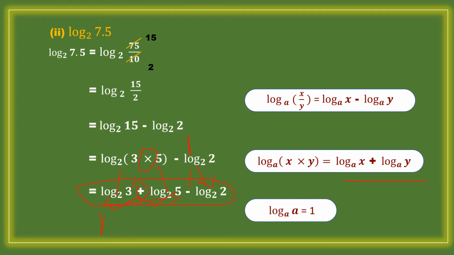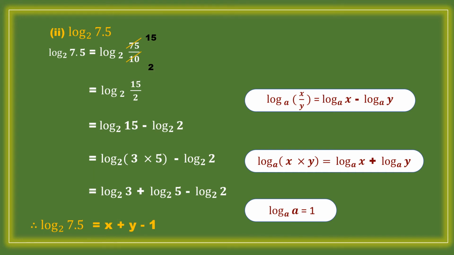Now I will write x instead of log 3 base 2, y for log 5 base 2, and log 2 base 2 is 1, by using this property. So now our given expression is derived and written in terms of x and y, right? You got x and y and the numerical. So this is how you should do the problems.